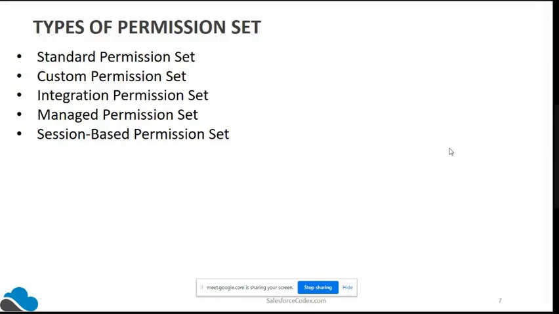Okay, so how do you know these different types of permission sets exist in a particular system? You don't have a particular type field or something specific to permission set. Okay, so only for session based you have a separate parameter. For all other things, based upon namespace or based upon the parameters you can edit, you can identify that. Okay, we can see it practically when we try to create permission sets.